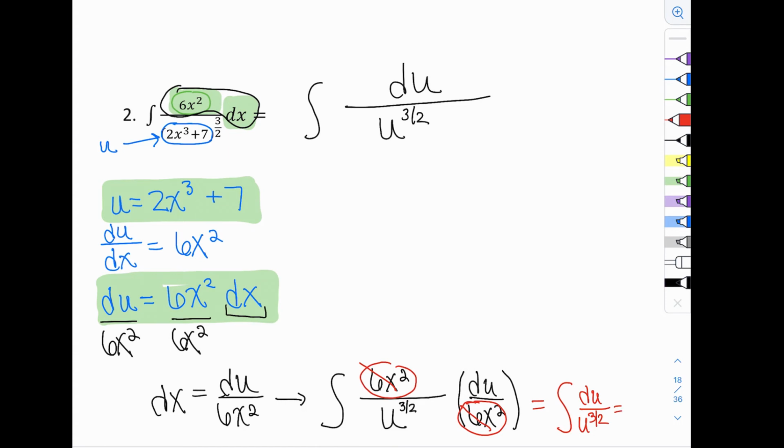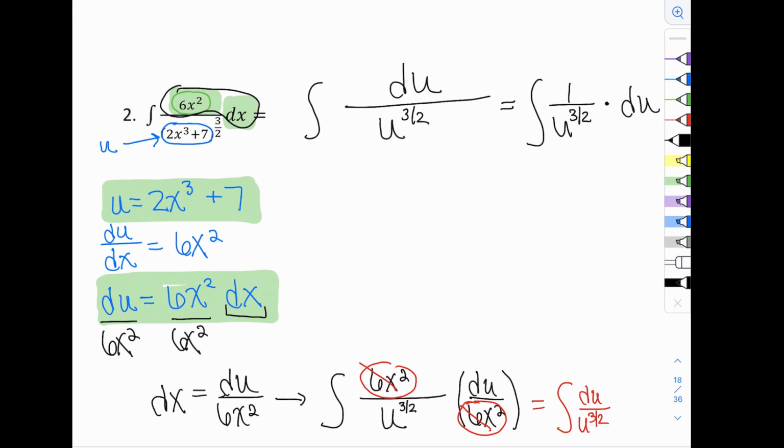or you could write that as, I'm running out of space here, so let me just go up to where I originally wrote the substitution. You could also write this as 1 over u to the 3 over 2 times du, which is probably a better way to write it, because when we take the integrals, usually we think of that du or dx as just kind of off to the side, and it's not really something that we look at when we're taking the